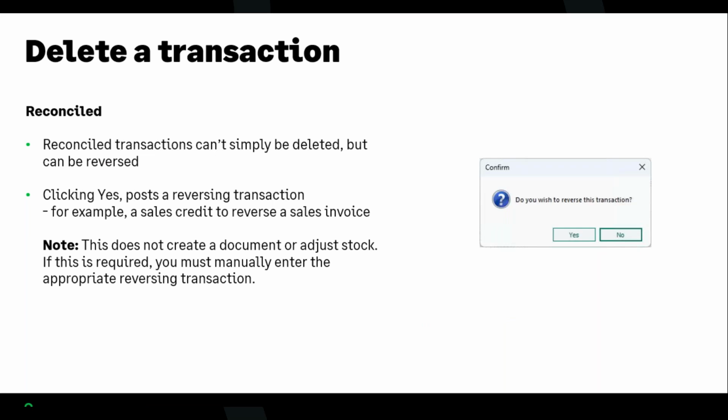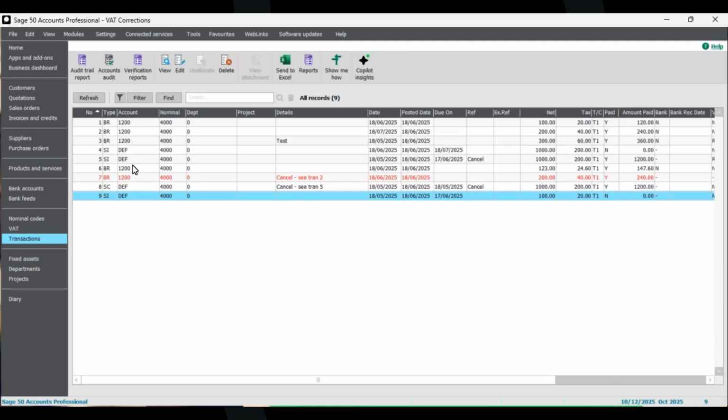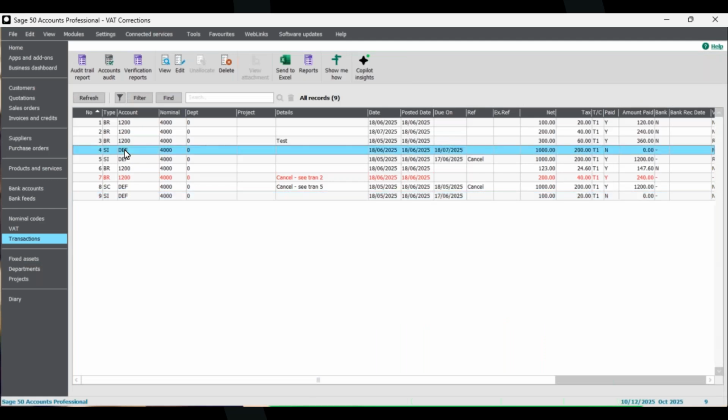And again, keep the note as it's on that slide. It doesn't create a document or adjust any stock like that. That all has to be done manually. We're focused mainly on the VAT return here. So let's go into the demonstration. So in this demonstration, if we pick on, again, transaction 4 here, and what we're going to do